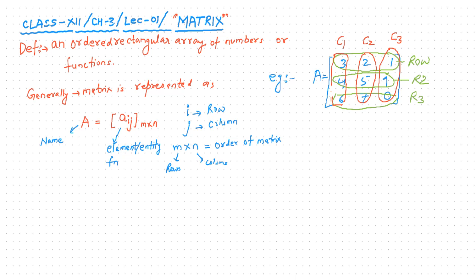Suppose there are three friends. Let's name them P1, P2, and P3, that is person 1, person 2, and person 3. These persons have two things: a few notebooks and a few pens. Here you will write N denotes notebooks and P denotes the number of pens. Let me write it so that it does not get confused with the number of people. Here that is notebook.